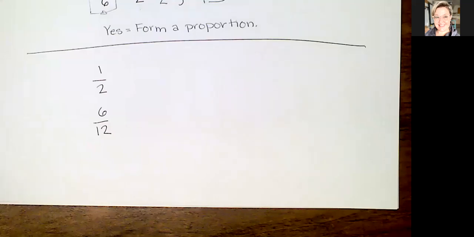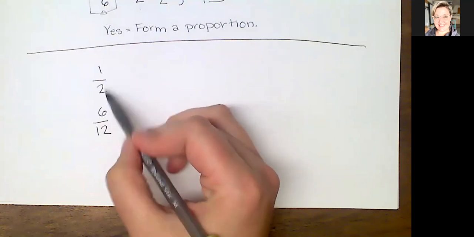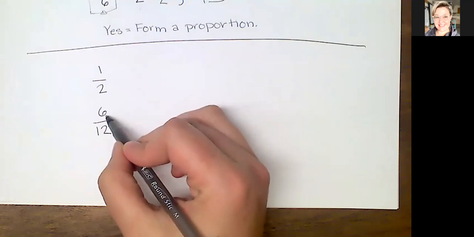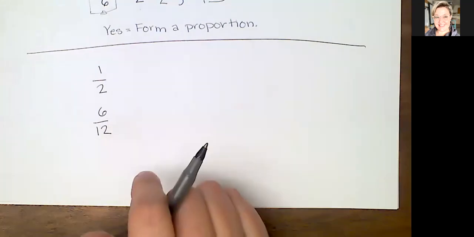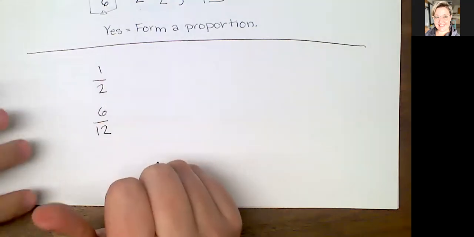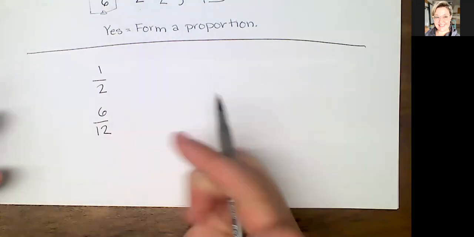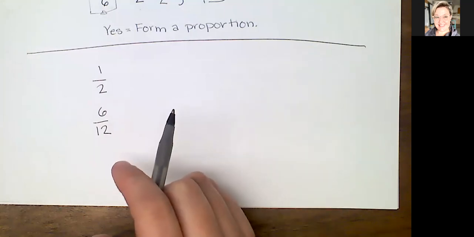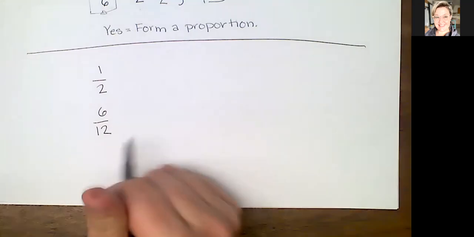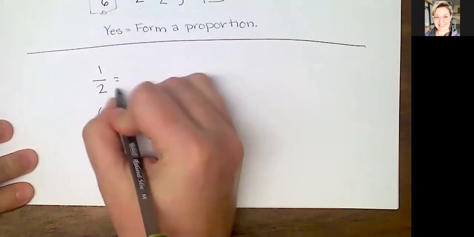We're going to do it one more time. Let's find out if the ratio of 1 to 2 and the ratio of 6 to 12 are a proportion. So we're going to find out if they are equivalent ratios. We're going to do that by finding a common denominator. We know that 12 is a multiple of 2, so we can keep 6 over 12, but we need to change this top one